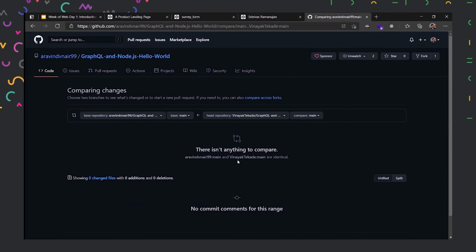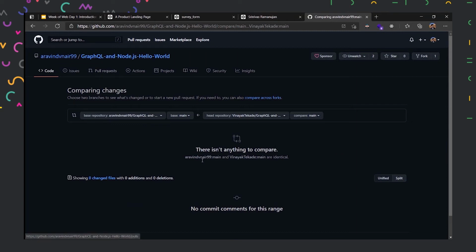Would you like to have it? Since I haven't made any changes yet, there isn't anything to compare. It is telling me straightly. So GitHub can also be used to see what changes are made in your code and what the differences are between your friend's code and your code. In this, GitHub is actually using Git to compare all of this. GitHub is actually just using it on the cloud instead of on your local computer.